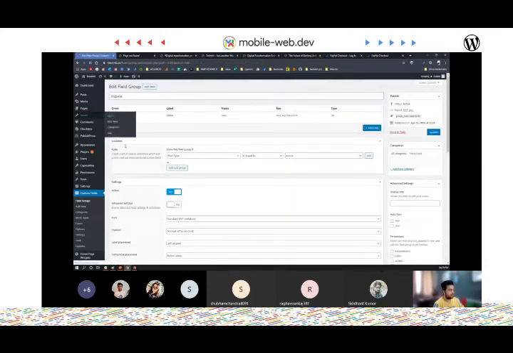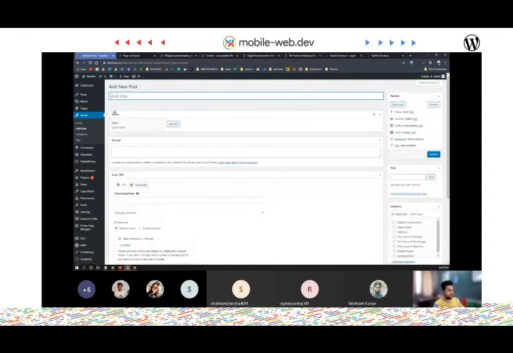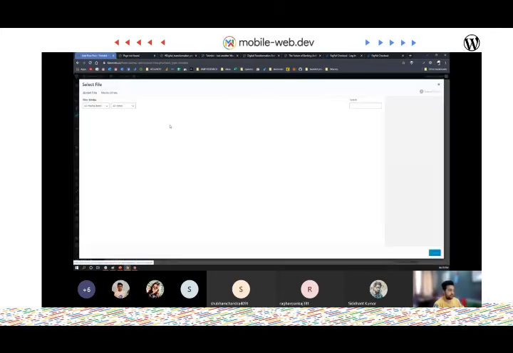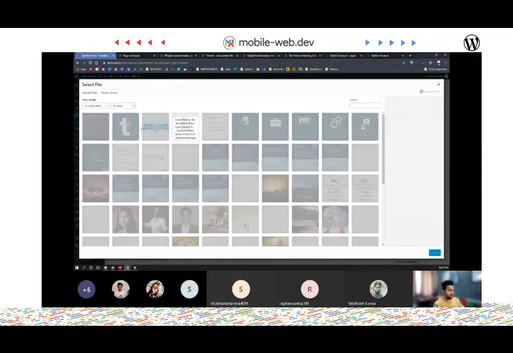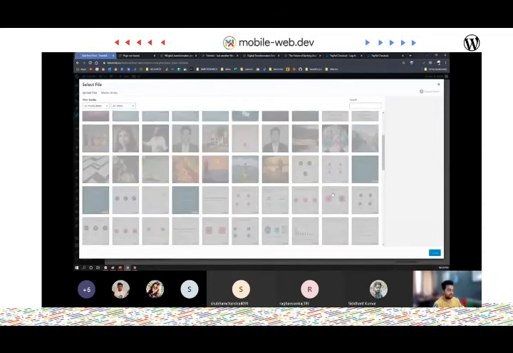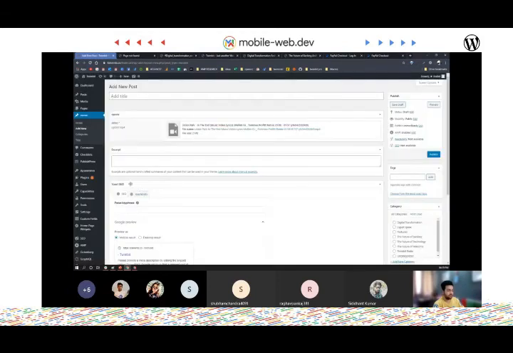Okay, so now we'll go inside the movies and add a new movie, and you will see that there is a new field called video with our instruction to upload an mp4 file. When we click on add file, it pops up the media library. Now you can see all these other files are grayed out and we cannot select them because it needs to be only of mp4 type. But we can select this mp4 video, so select, and let's publish it.